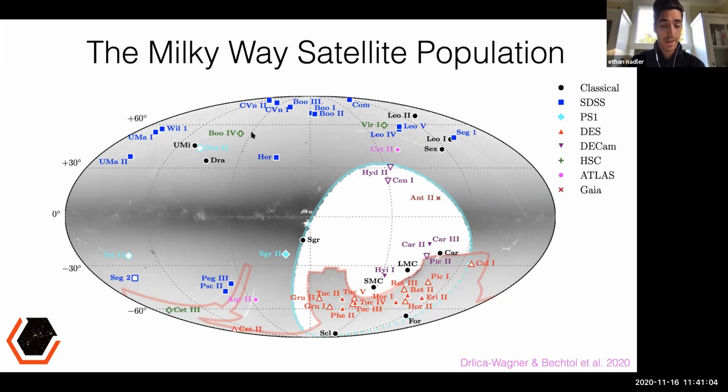Another exciting qualitative thing here is that really deep surveys like HSC, which survey very small regions of the sky, for now consistently detect fainter galaxies at large distances than other surveys can find nearby. And so from a purely empirical standpoint, what this means is that the current census of satellite galaxies is highly incomplete. And we expect to detect many more of them with survey facilities like the Vera Rubin Observatory, and I'll come back to this as well.